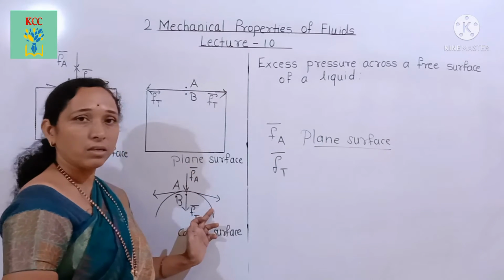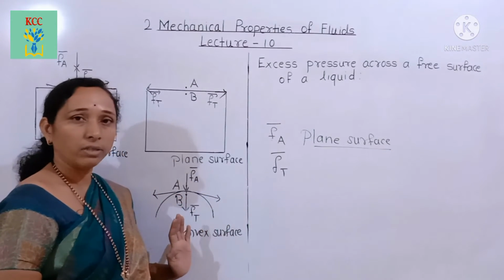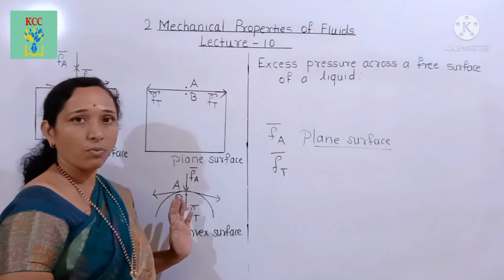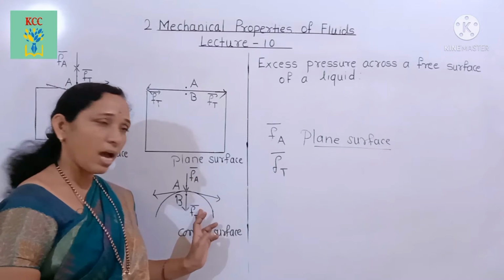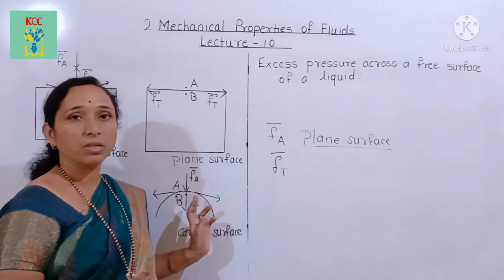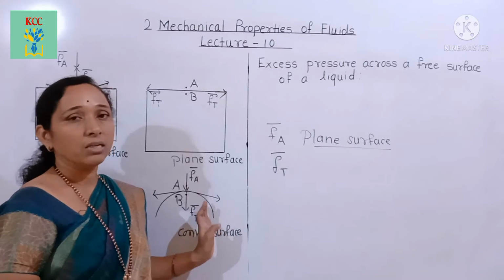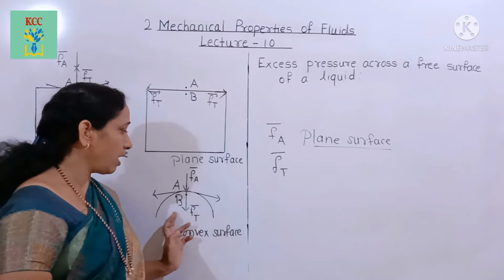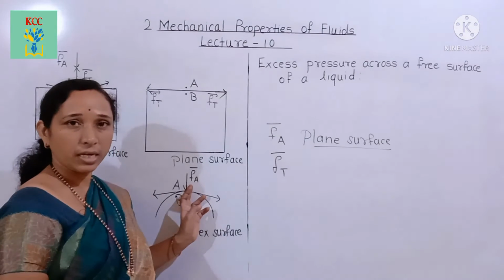This is a convex surface seen from above. वरून आपण जर पाहिलं तर हा कॉन्वेक्स सरफेस आहे. The resultant force is directed in the vertically downward direction, and this is the force Fa bar, it is directed downward. Both forces add up, and as a result, on molecule B just below the liquid surface maximum force is exerted, and due to this the pressure is maximum at the concave side. At a concave meniscus, pressure is greater than at a point A which is on a convex side.